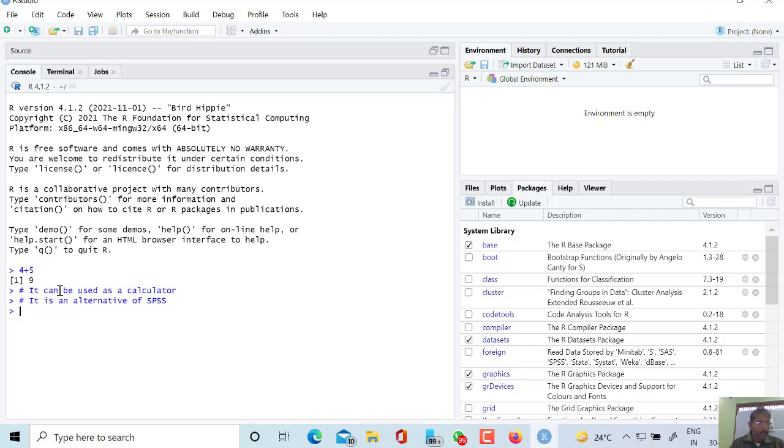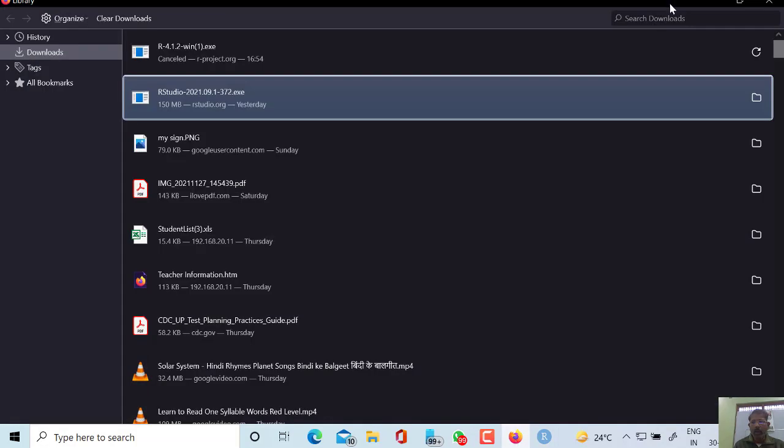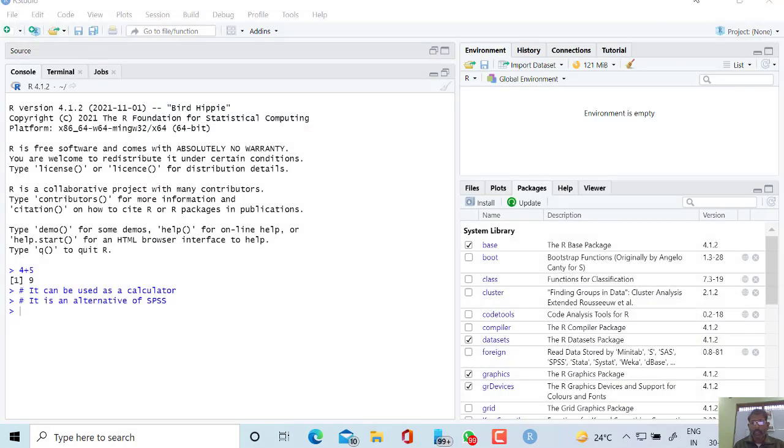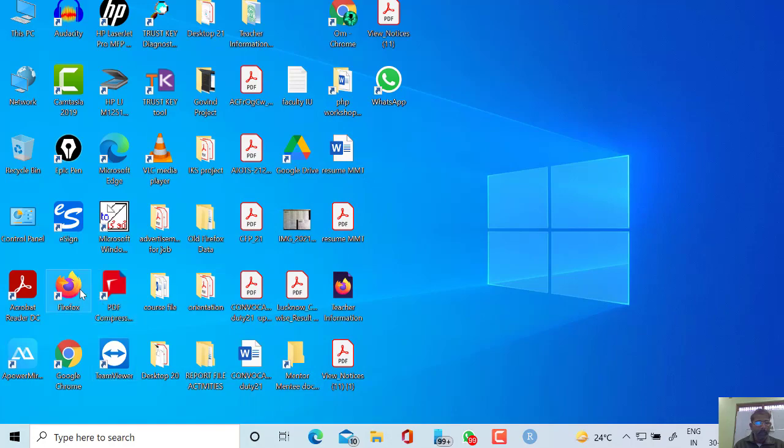It is free and open, as you have seen while installing it. It can also run from a web browser. There are so many browser-based compilers, such as onecompiler.com and rdrr.io, from where you can directly run R.